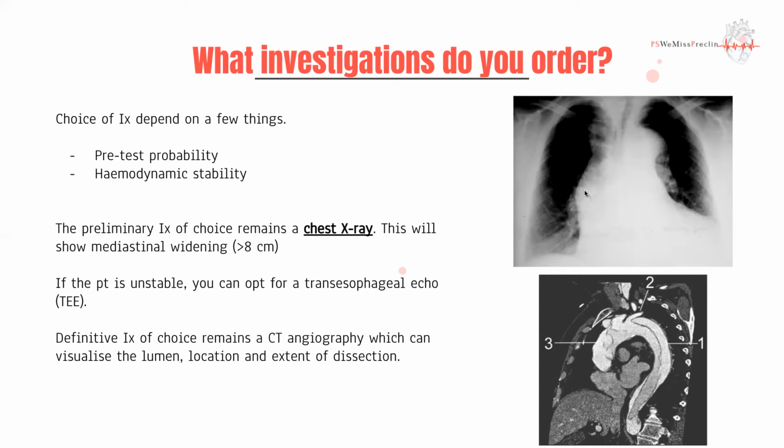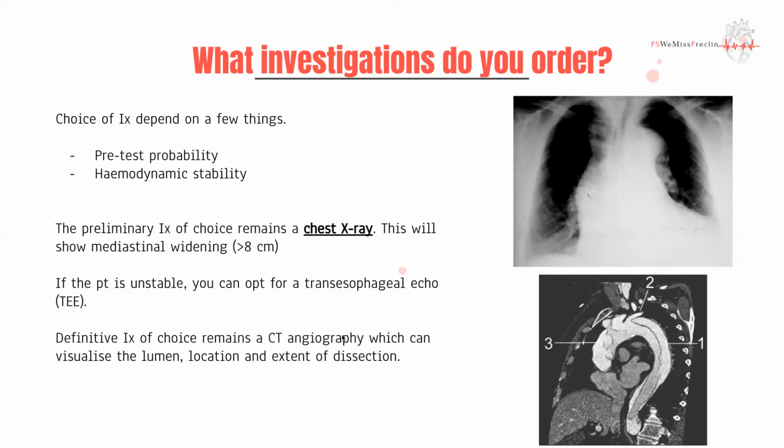The threshold for which is usually 8 centimeters. In saying that, we also learned that a lot of aneurysms and a lot of dissections can be in the descending part of the aorta. And yes, technically some of these would still be picked up. However, a dissection in the abdominal aorta is obviously unlikely to show up in a chest x-ray,